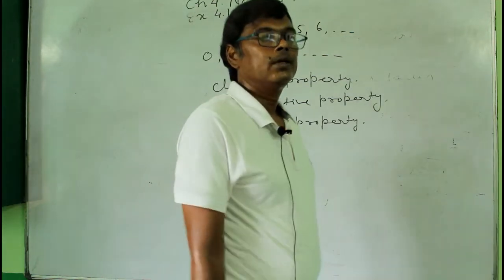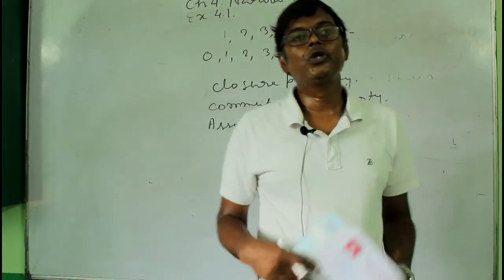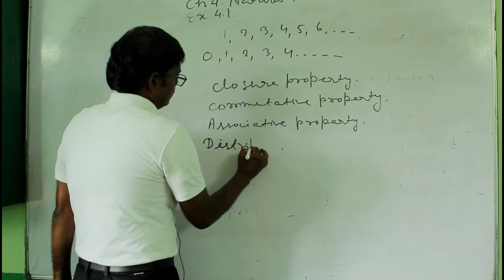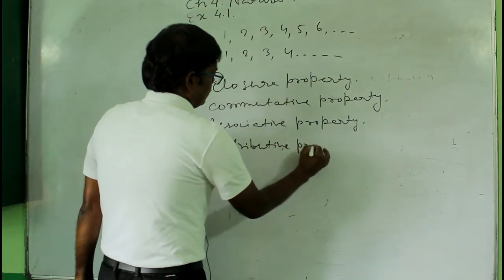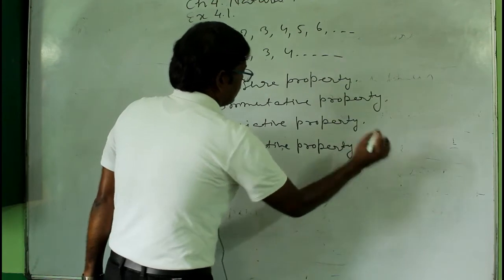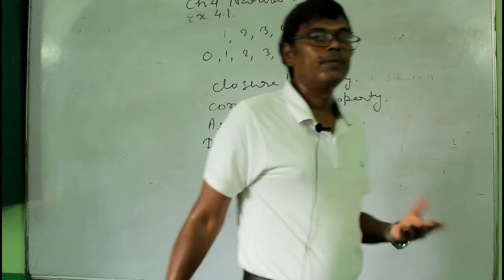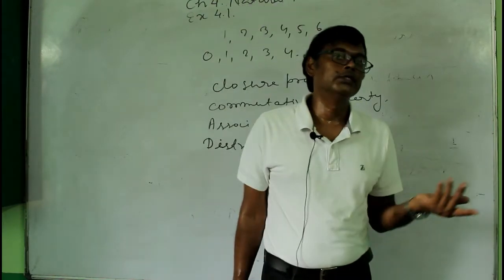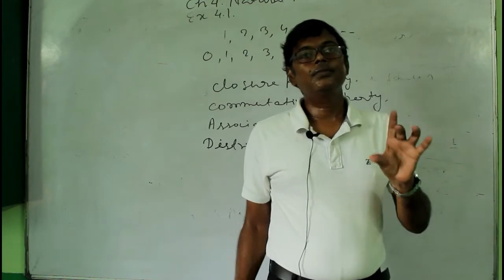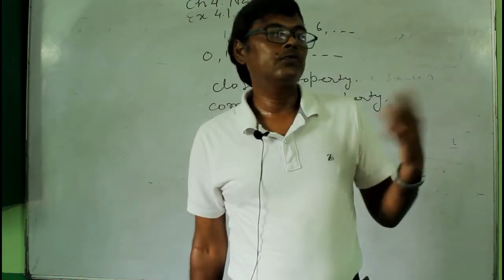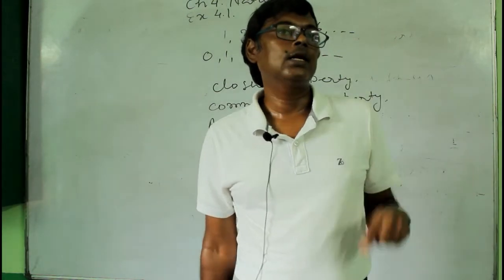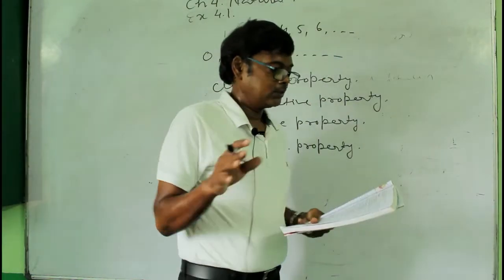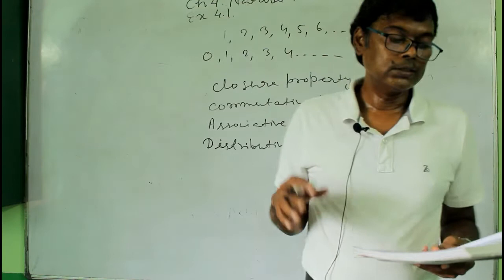There is one more property, and its name is distributive property, also distributive property. Okay, distributive property. So these are the properties, these are common to all, like addition, subtraction, multiplication and division. Okay, and then there are some specific properties only for addition, then for subtraction, and for multiplication and for division. So here first I will discuss the properties of addition.